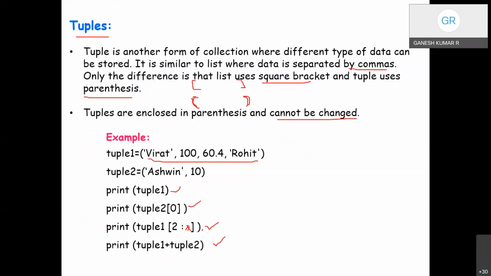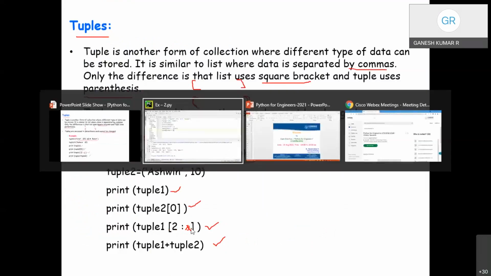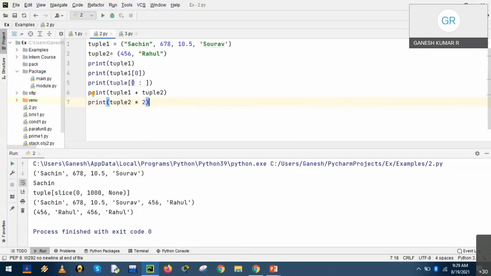So we have a lower limit, the initial value is 2, with the slicing operator, and we don't have an upper limit. What will happen when we run the program? What will happen to the output? Any guess? In the absence of upper limit, what will happen?